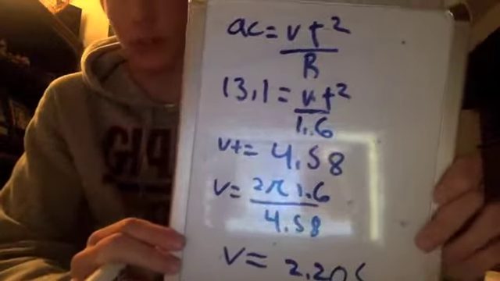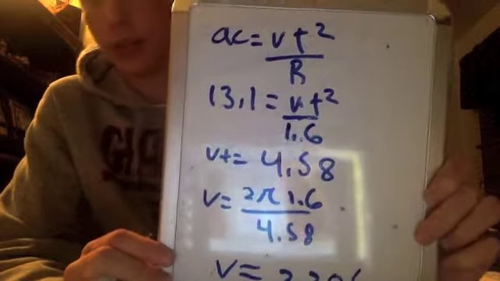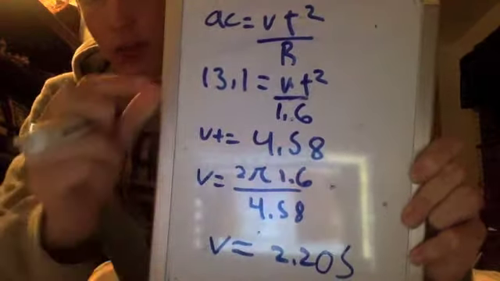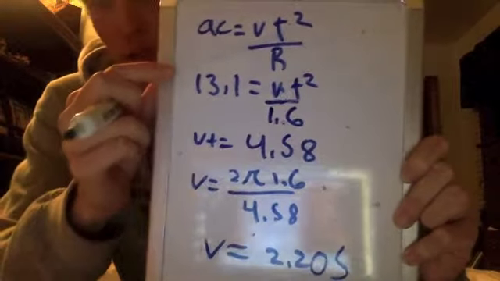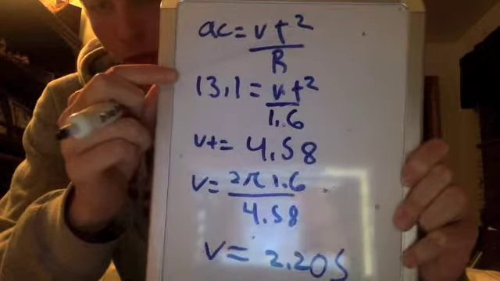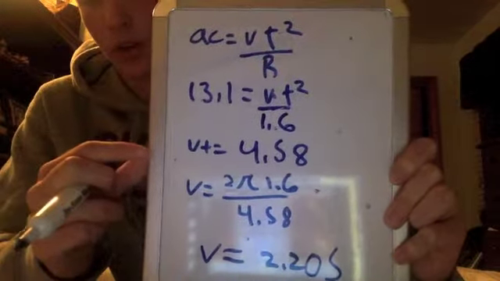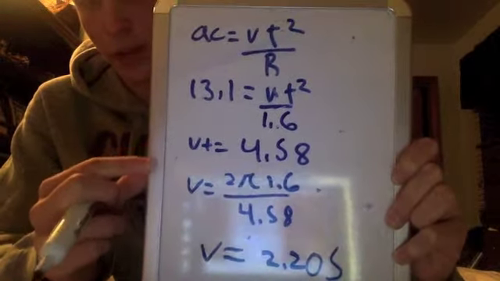Once you solve for centripetal acceleration, there's only two more easy steps to finish off this problem. And I wrote that the centripetal acceleration, which we solved, is 13.1 equals vt squared over the radius, which we know is 1.6, and that will give you that vt equals 4.58, and then you have